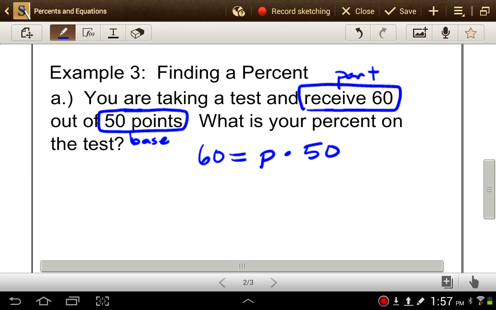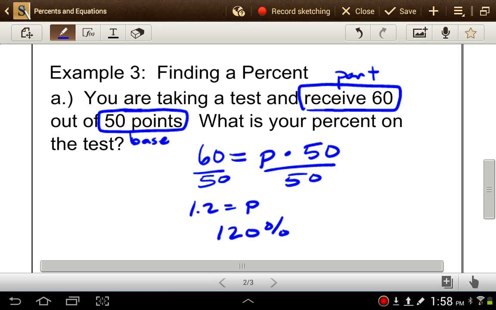We've got to solve this equation. So I am multiplying here, so the opposite is to divide. I'm going to divide both sides by 50. When I do that, I get 1.2 equals my percent. Now, it's not 1.2%. Hopefully you don't think if you get 60 out of 50, you're getting 1.2%. Here's the next key. We've got to turn that back into a percent, which means you've got to multiply it by 100 or move your decimal point 2 to the right. So that's going to be